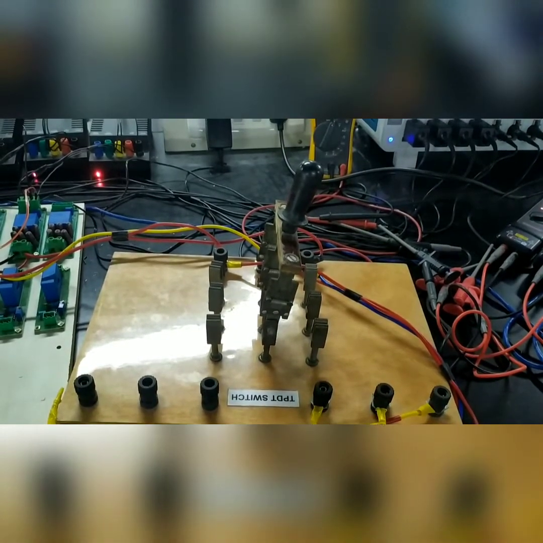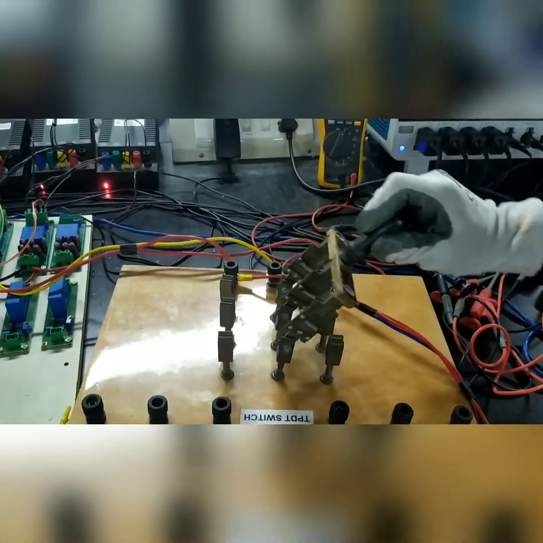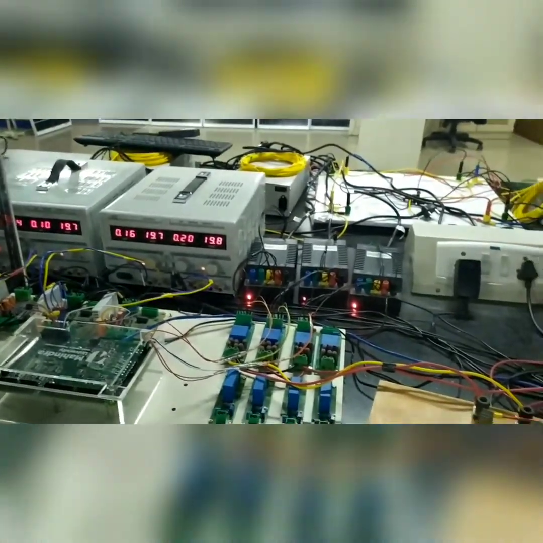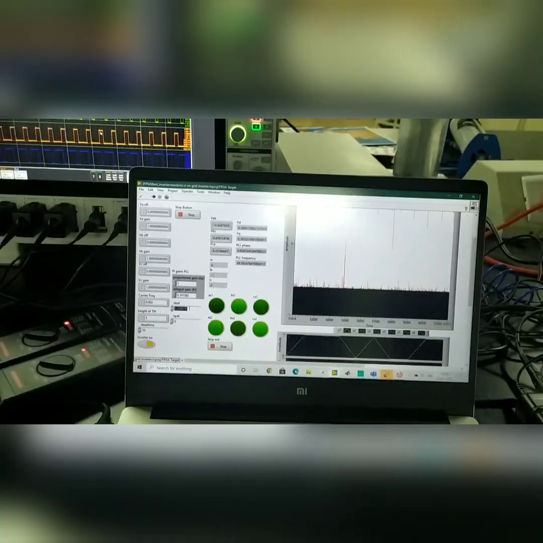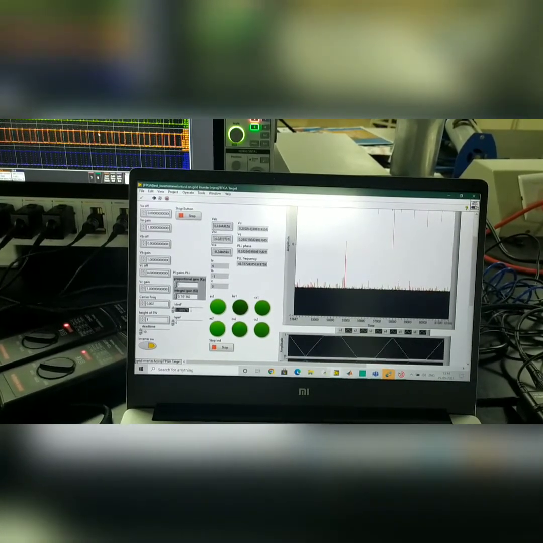So after satisfying all the conditions of voltage and phase sequence matching, now we are ready to close the switch. So after closing the switch, the interconnection between the inverter and grid is going to take place. Now the flow of current from the inverter to grid can be visualized using CRO. So now by varying the duty in the LabVIEW program, the output current variation can be observed.